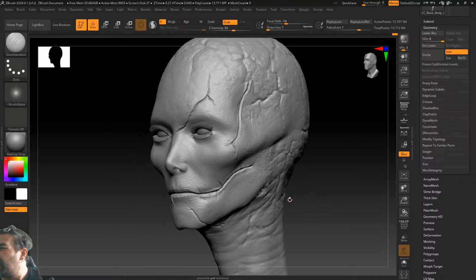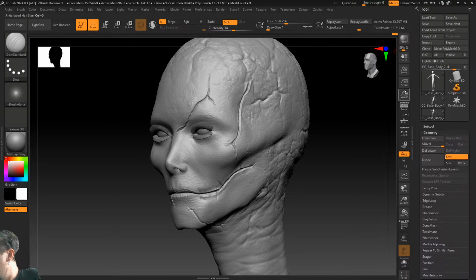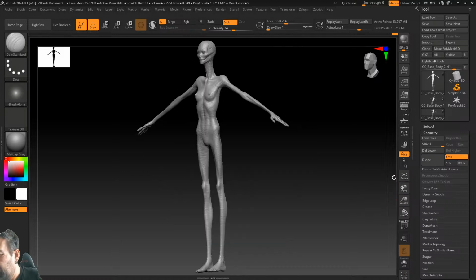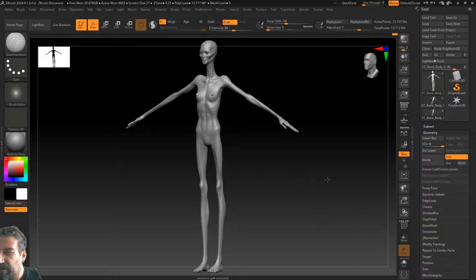So let's go ahead and Z these back over. But this is, as you can see, the basic main model here. So I'll do another video. I'll come back in a bit and show you guys some more progress when I take it out through Face Tools into ZBrush again and do all the expressions and the detail sculpting on the face. Cool. All right, we'll talk to you guys in a short